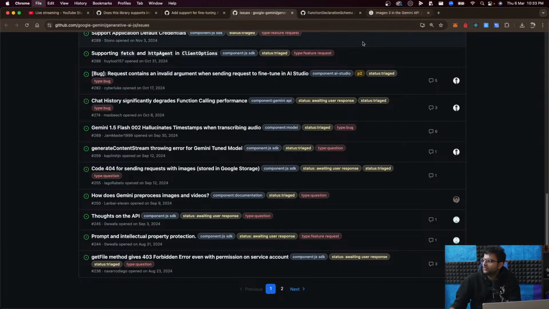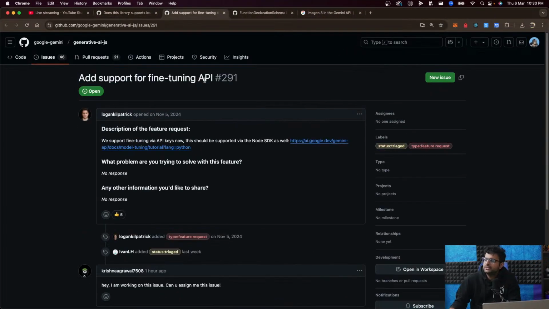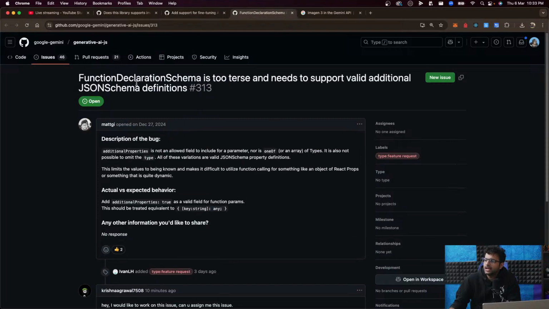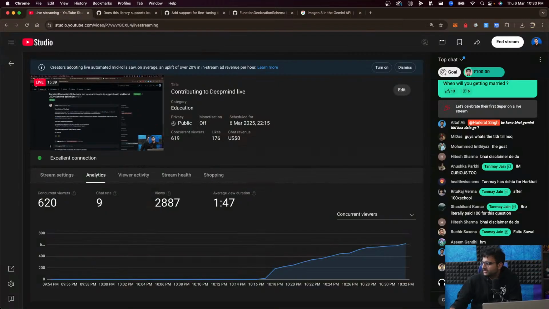Actually, let's just stick to what we have and start contributing. So there are 3 issues that I think we can contribute to: image generation SDK, fine-tuning SDK, and this slightly exploratory issue that even I'm unsure what the issue is. I can just assume and then I'll have to Google a bunch of things to figure out what it is. So which one do we do? See, 1, 2, and 3. 1 and 2 are very similar. Whatever you guys do, we can explore that.